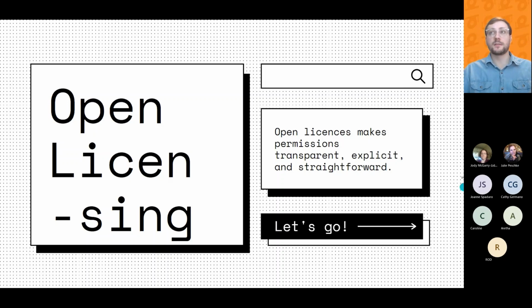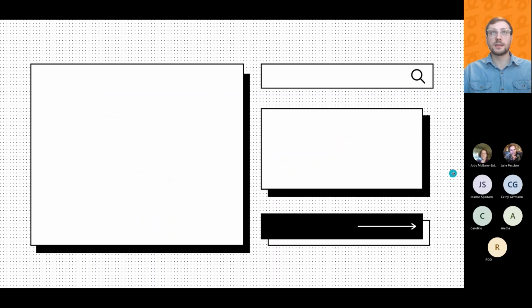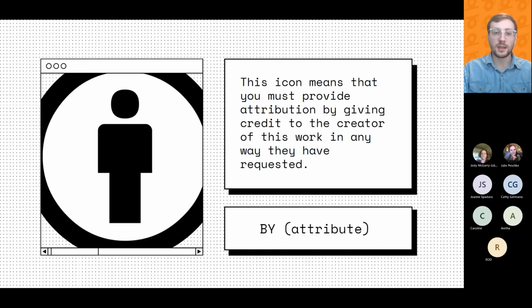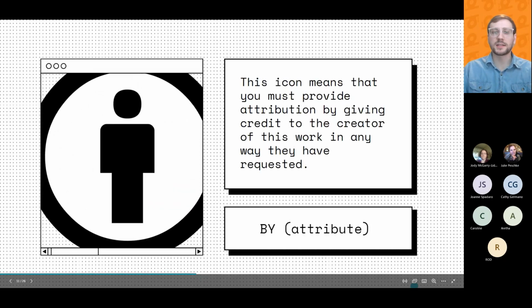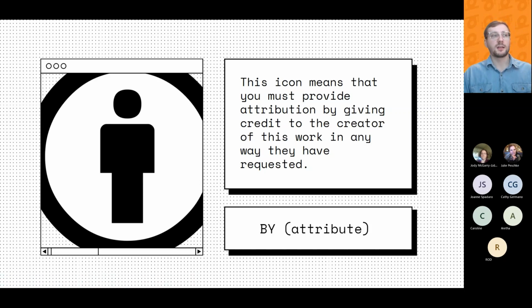A specific type of open licensing is Creative Commons. Now there's quite a few different open licensing, I guess, what is the right word? Schemas, I guess, is a word you could use. But specifically, they apply to other formats. So computer code is often a GNU public license. We'll talk about that on Friday.